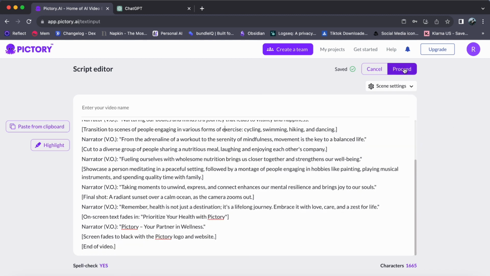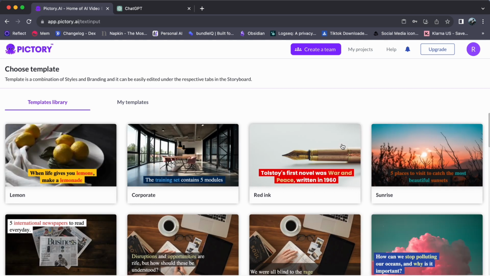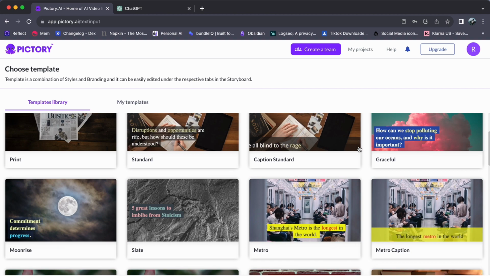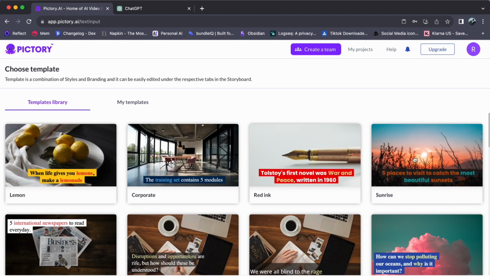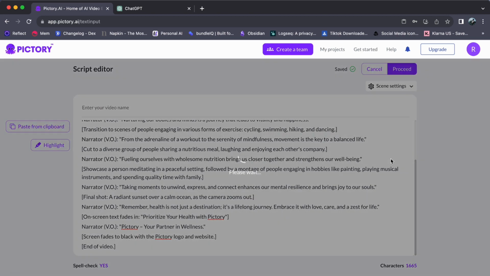Now comes the fun part: style selection. Pictory boasts an array of templates to suit your creative vision, and customization is at its finest. Opt for an aspect ratio that resonates: 16:9, 9:16, or 1:1, and witness Pictory weaving your text into a dynamic